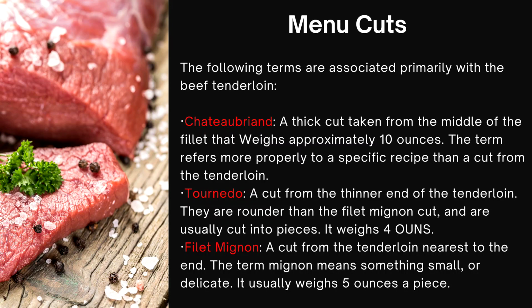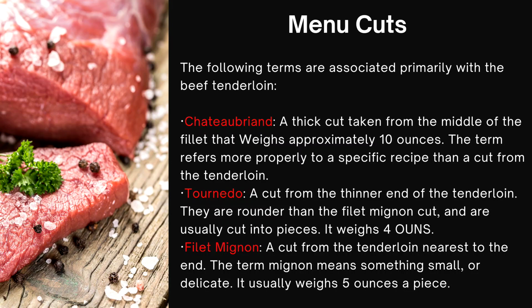Last is filet mignon, a cut from the tenderloin nearest to the end. The term mignon means something small or delicate. It usually weighs 5 ounces apiece. Filet mignon has a lighter flavor than other cuts of beef. Sometimes, it is served with a sauce or wrapped in bacon. Filet mignon is the most expensive cut of meat because of the limited amount of filet mignon that can be